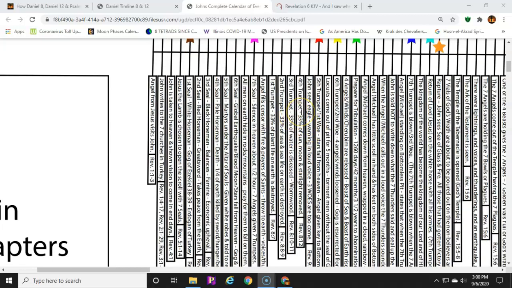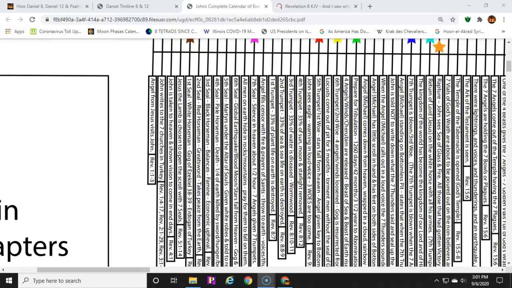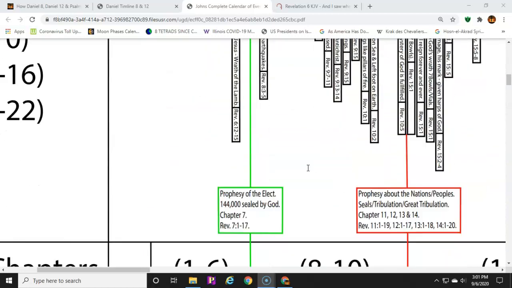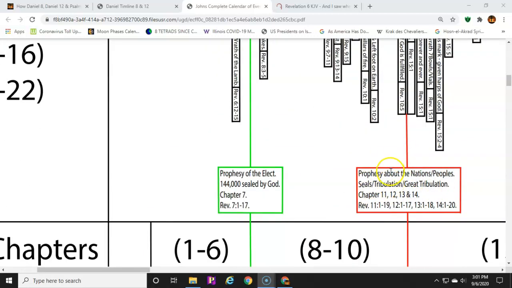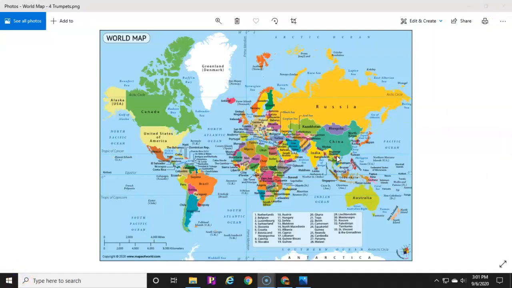And this is right prior to the opening of the bottomless pit on the fifth trumpet. And that warning that I'm talking to you about in Revelation 8:13 and the 3 woes. And this is important because he's warning the nations of what's coming and how he's going to cut that next scene out about the prophecy of the nations and the peoples down here. So this is very, very important. Now the 4 trumpets that devastate a third of the planet.